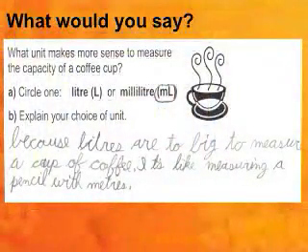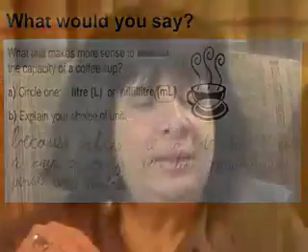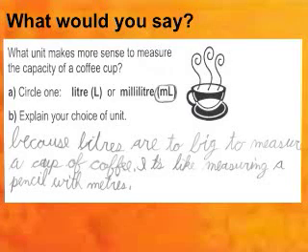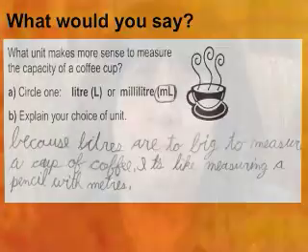What the child here was doing is not only telling me that liters didn't make sense because those are big and coffee cups are little, but he's actually making an analogy. It's like measuring a pencil with meters. That's a really deep metaphor, a really deep analogy. And sometimes when we get a response like that, another thing that we really need to do, part of our responding to students appropriately, is to find a way to make that student realize how amazing that response actually is.